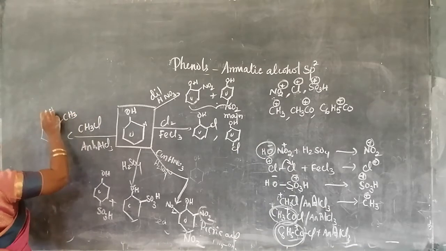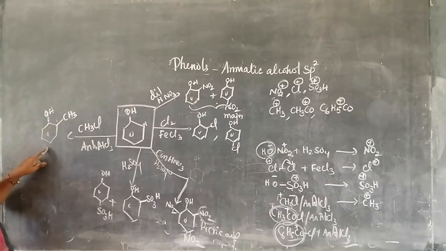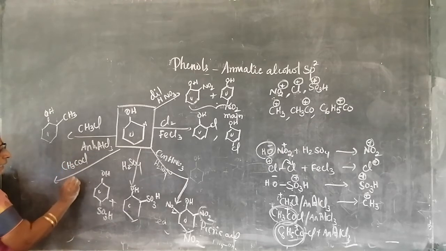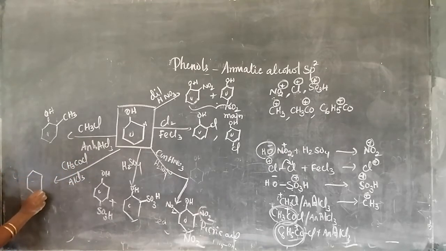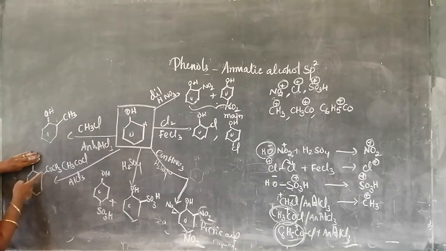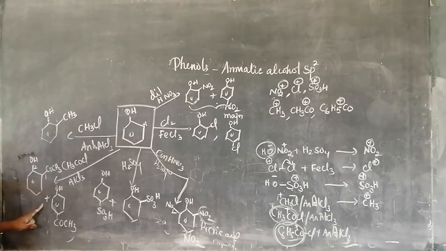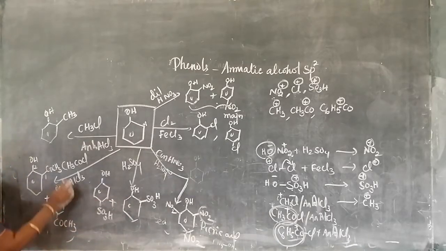ortho-cresol and para-cresol. What is para-cresol? The CH3 will come in the para position. If you put CH3COCl with anhydrous aluminum chloride, OH is there and COCH3 in the ortho position or in the para position. This is called 2-hydroxy acetophenone. Then what is the name of this compound? You will call it 4-hydroxy acetophenone. It's very important. 4-hydroxy acetophenone, 2-hydroxy acetophenone. Likewise, when we do the benzoylation, if you put